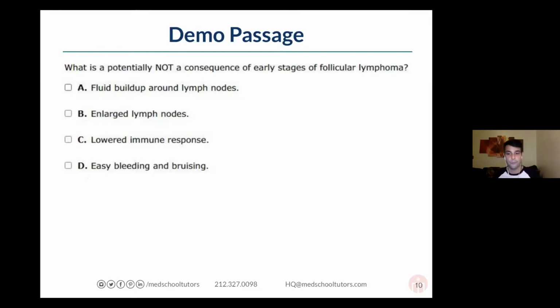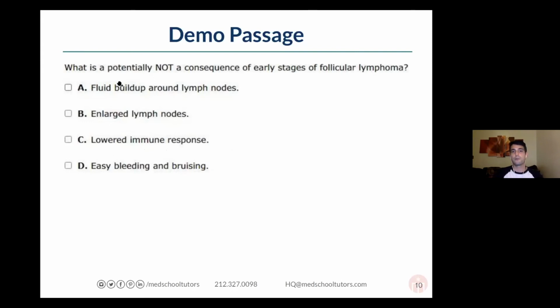But hopefully, going back to how you want to focus on the big picture when you're studying, if you focused on the big picture enough, you know that the lymphatic system and the lymph nodes are really about your white blood cells and your immune cells, right? So which of these has more to do with your lymph nodes, just based off those really high level basic associations? You'd know that clogged lymph nodes would most likely affect your immune response, right? More than your bleeding and bruising. So you can eliminate that too.